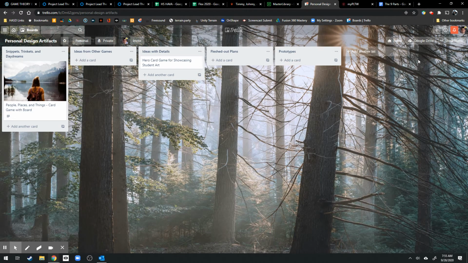And this is what Trello looks like. Within Trello, you make lists. Lists are these vertical columns here that you see. And you can name a list whatever you want to name it. And the idea with Trello is it follows a concept called Kanban, which is that we start on the left with